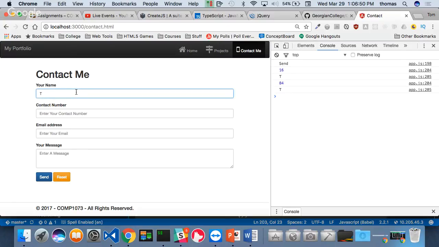So T, O, M. Notice that when I type a key, it gives me the key code, right? So I can get the information. I get any information that I want as I'm typing in. Hey, now we're talking about the ability for me to detect what I'm typing, as I type. If on key down I'm getting a weird character, for example, an alphanumeric character, if I'm getting that inside of my contact number, that's not right. I shouldn't get any alphanumeric character. If I get an event that's somehow not numeric,